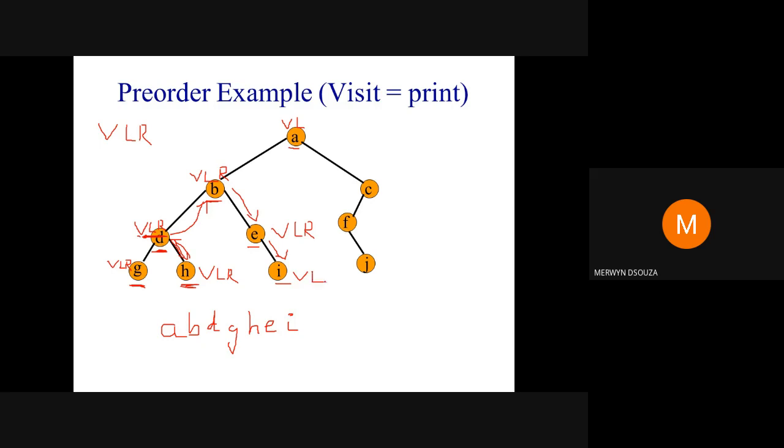You will try to go left. Cannot go left. Okay. So therefore you will try to go right. Can you go right? No, you cannot go right. So you are done with all the three steps for I. So go back. Check whether any steps are remaining. You have done all the steps for E. So go back. Check whether any steps are remaining. All the steps have been done. So go back.